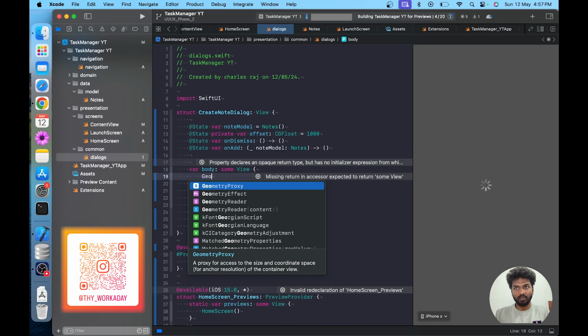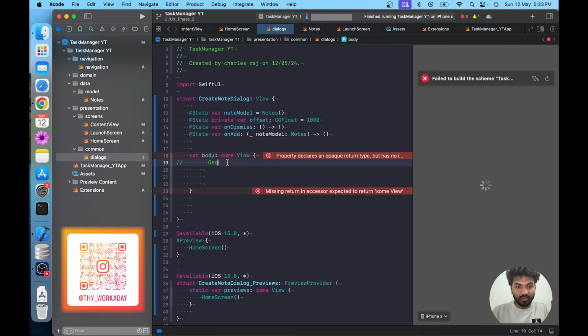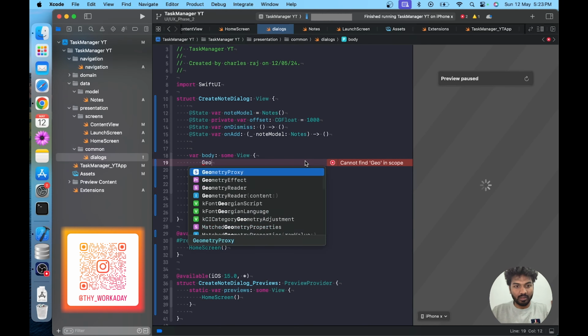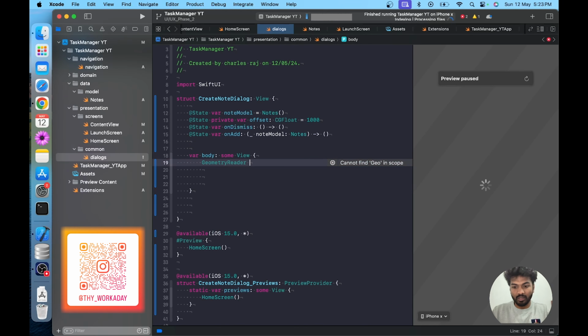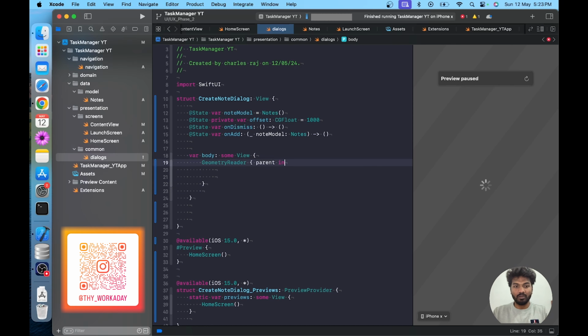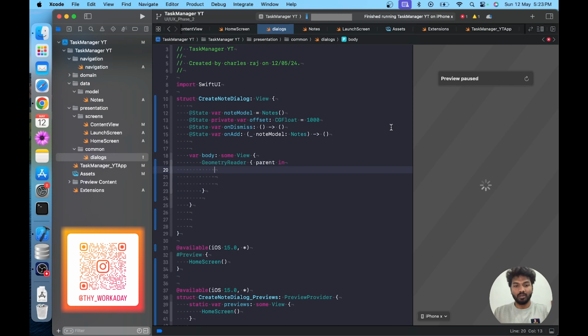We'll start with the GeometryReader. Geometry reader, it will have a parent. So we added the GeometryReader. It's the base of the dialog box. Dialog box means we are creating a custom dialog, right? So it will come from the parent only. So inside the geometry reader we are going to add